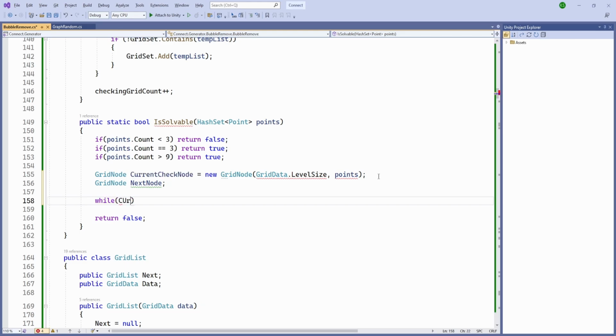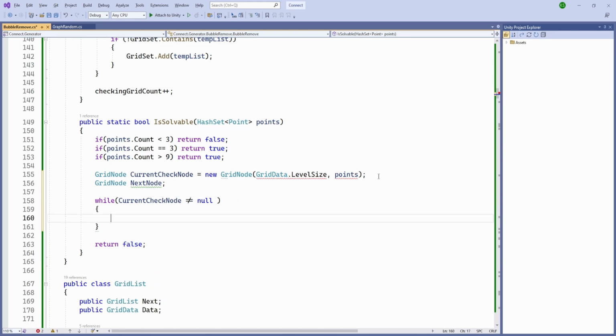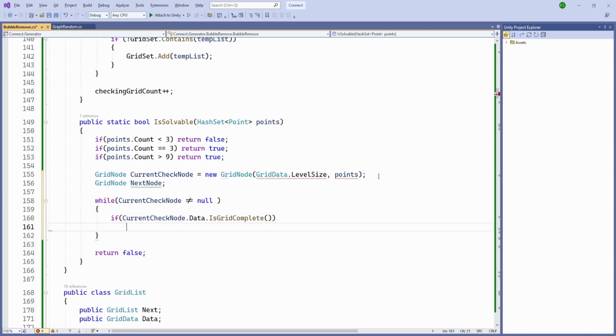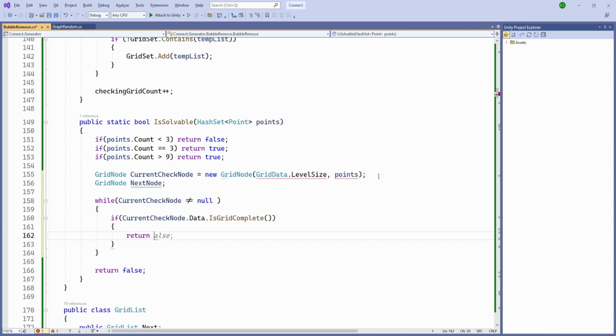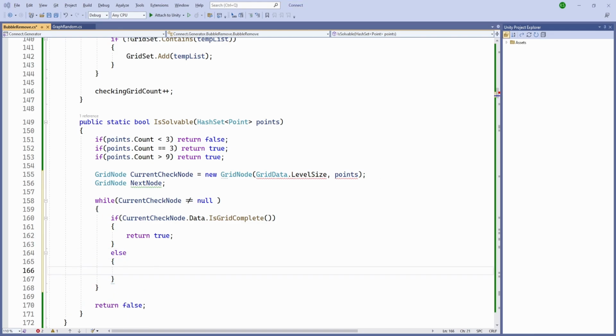So while our current check node is not equal to null, then if current check node dot data dot is complete, then we are going to return true. So if it is complete, that means our current grid is solvable. Else what we are going to do is we'll get the next node. So our next node is going to be our current check node dot next,